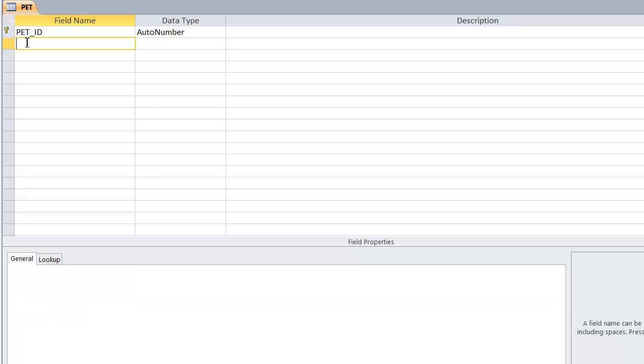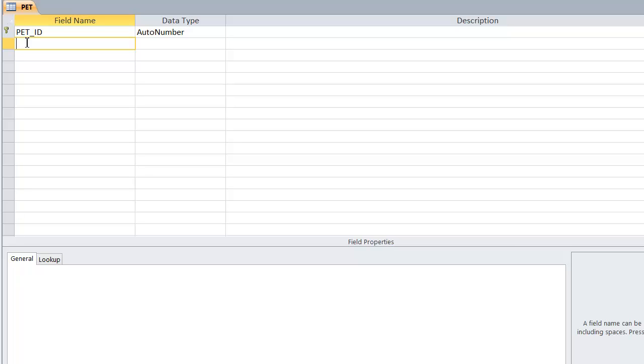And then what I'm going to do is just add one more field to this. Now I realize this is going to be very incomplete. If this were an actual database, I would be doing a more thorough analysis of the data storage requirements, and very, very likely if I had a table where I was storing data about pets, then I would include much more about the pet than just its name. But to keep things simple, just to demonstrate the basic relational algebra operations that make up a join, I'm going